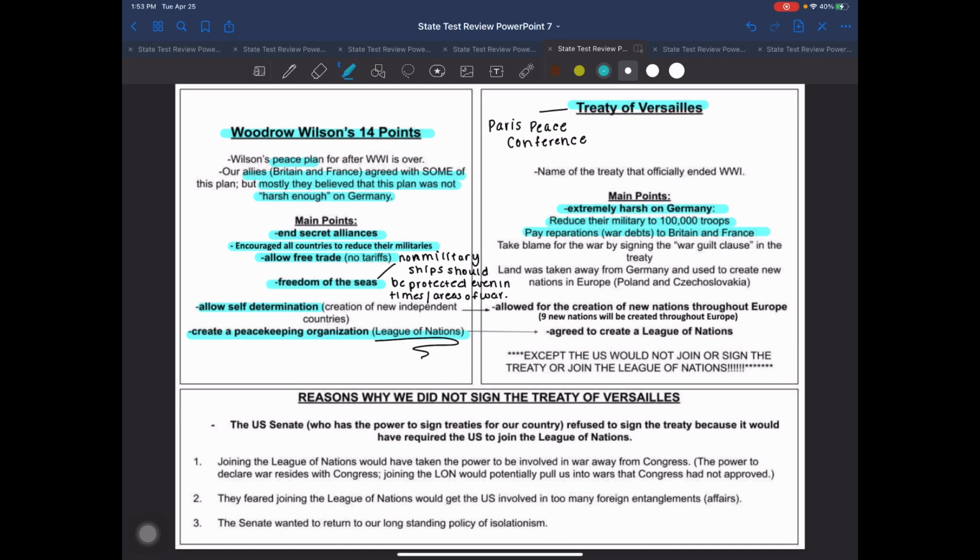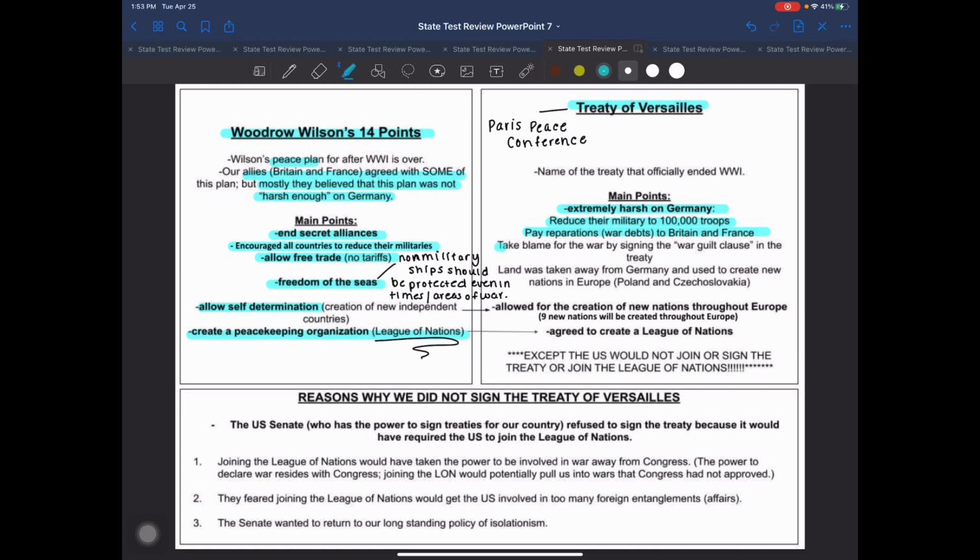Germany's economy is going to be trashed after World War I. When the first year of payments comes up, there's no chance of them being able to pay it. They struggle to pay these reparations, and it keeps their economy in a depression for many years until later on they get Hitler, to be honest with you.